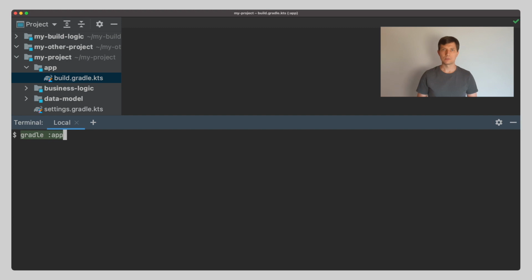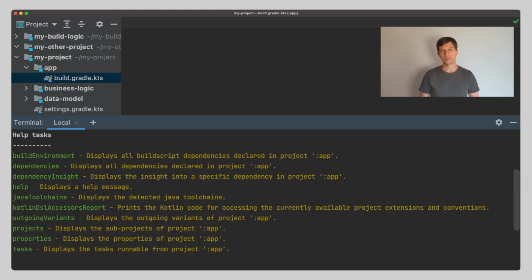If we ask Gradle to show us the tasks that are available to run builds, we can see that there are only a number of help tasks available. This is because the core of Gradle only provides these tasks to analyze your build. Other tasks to actually build your project are, as many things, added by plugins.